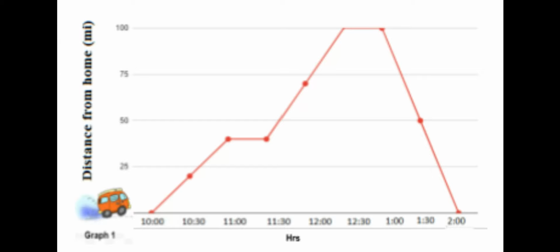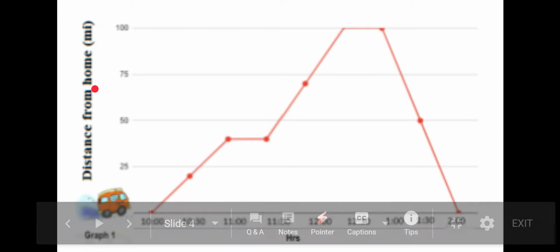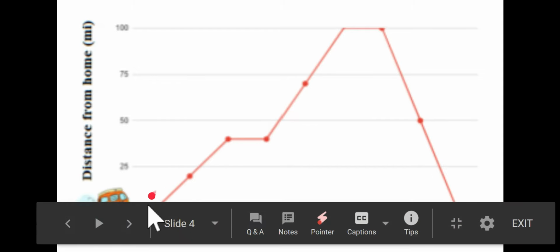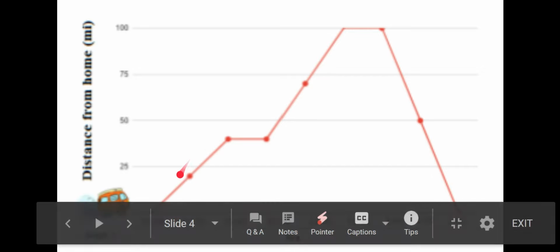So here's the graph we're going to look at. If you notice, the x-axis has time. The y-axis is showing the distance from home. So as we can see here, we have a series of straight lines. There's not any curves. So that tells us that everything that's happening in this picture is occurring at a constant rate. A couple things to notice is the steepness